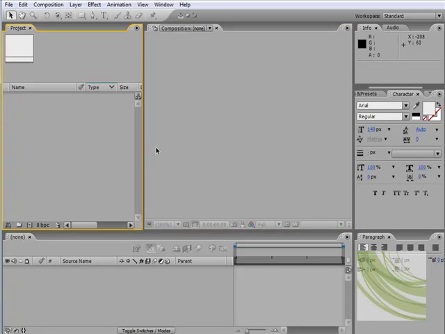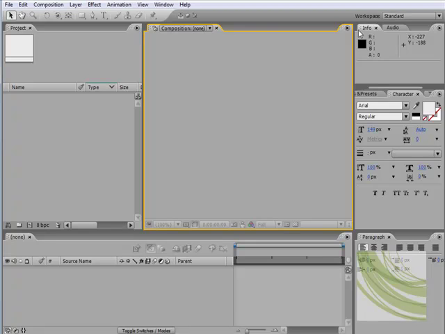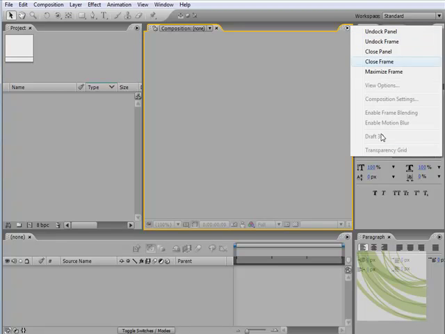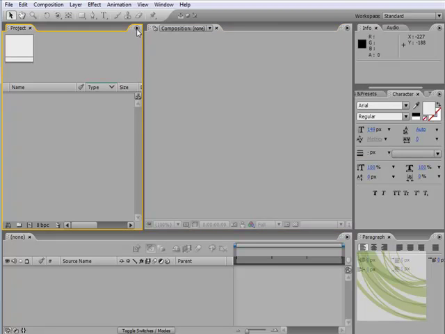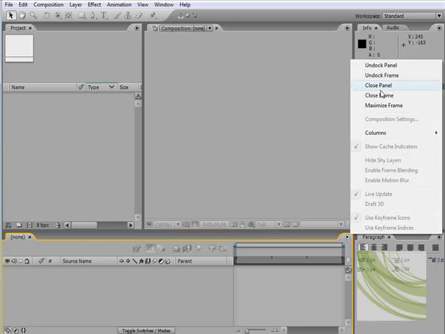The next thing I want to highlight is something called flyout options. Now you'll see me use this a lot in the series of training videos. The flyout options are those options that are hiding under the flyout panel here, like so. We've got different flyout options for various panels. We've got the flyout options for the project window, composition window, and then we've got stuff for the info and the character. For most of the panel sets, we've got a flyout panel that's dockable